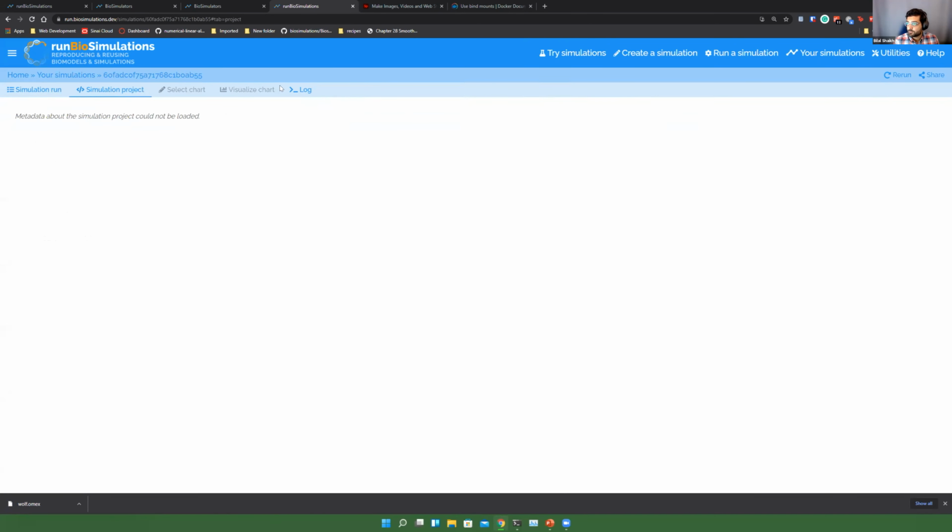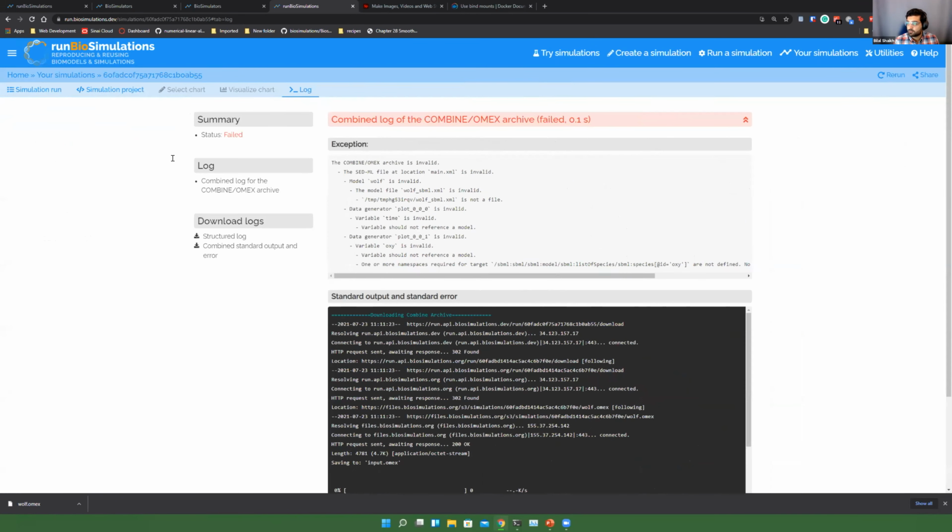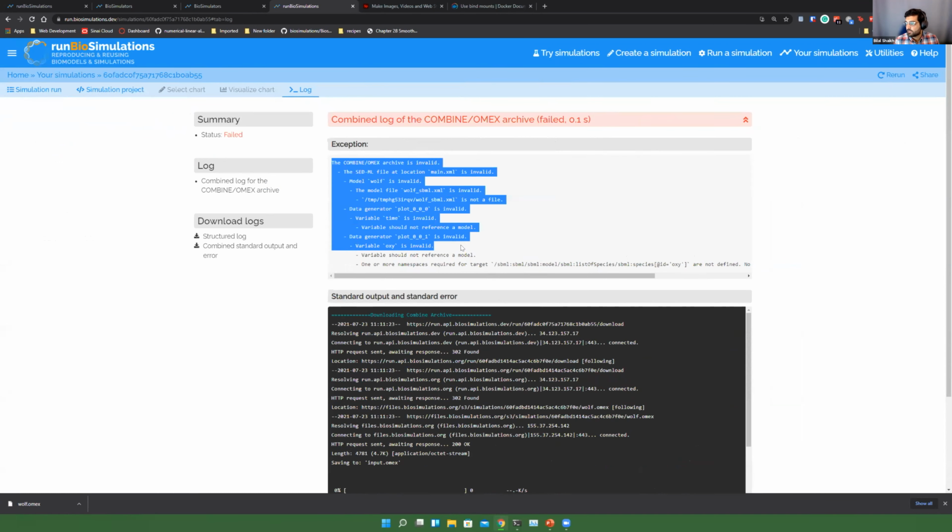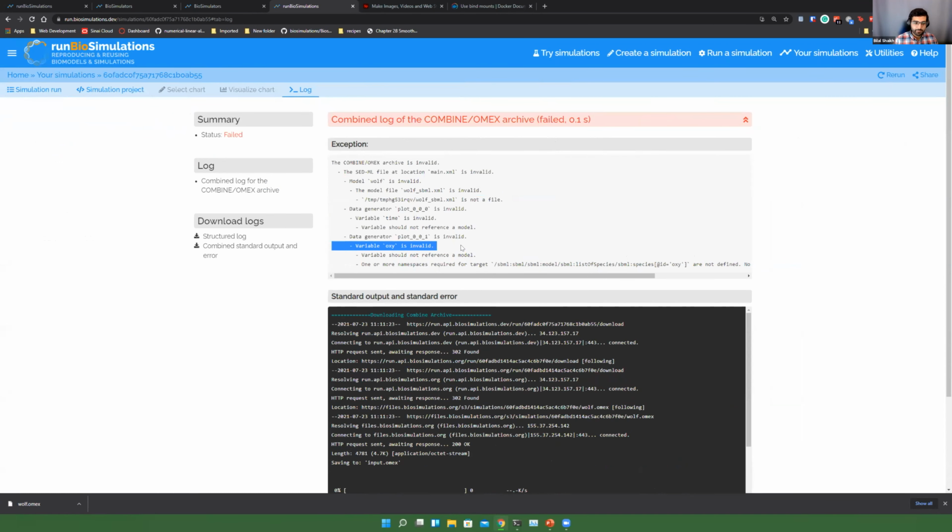And you can see that this one actually didn't give us an output. The run failed. If I take a look at why, you can see that this Combine archive is not valid. Like I was mentioning earlier, we do have a lot of these community standards that make all these tools work together and interoperate, but unfortunately there isn't a lot of validation on those standards.